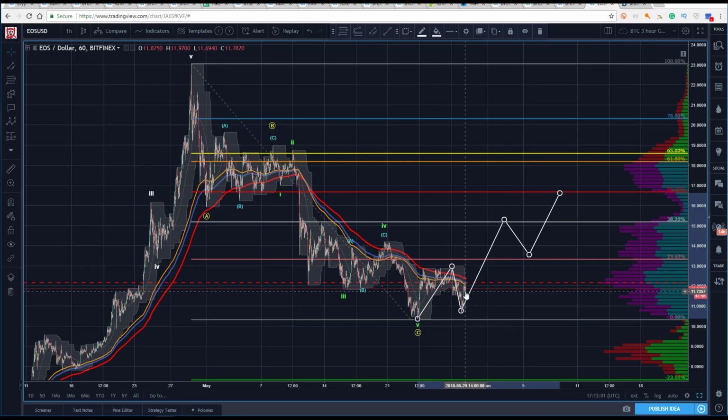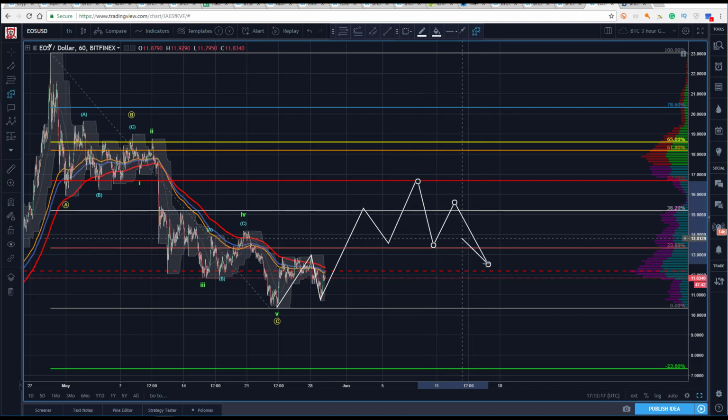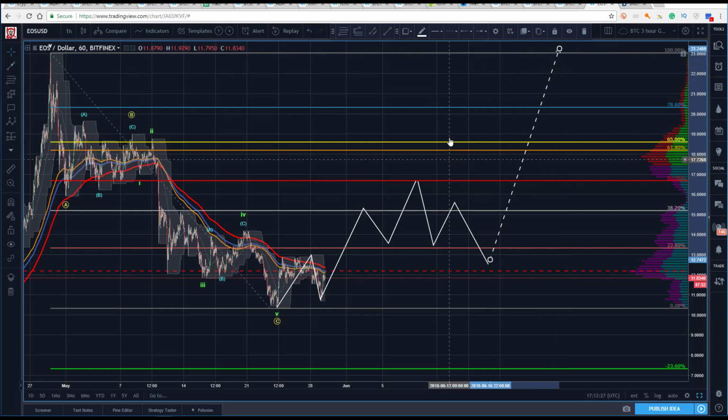So if we get up here, if we move off of that impulsively and come down in 3 here, well, I would be a buyer here looking for the last leg to get that 5. That completes, and then at that point you're looking for this move to come down in 3, right? I got to get used to that little doohickey. 5 and then 3, and then of course there's the opportunity to get on board for the big 3. So that's what I see here.